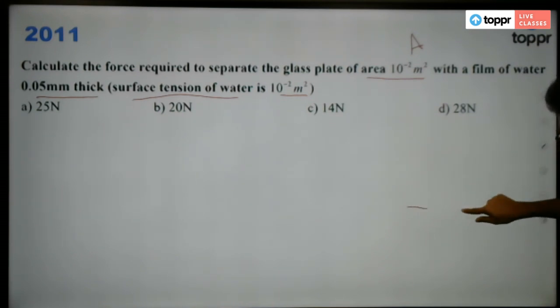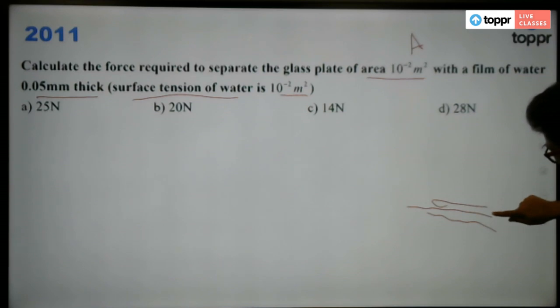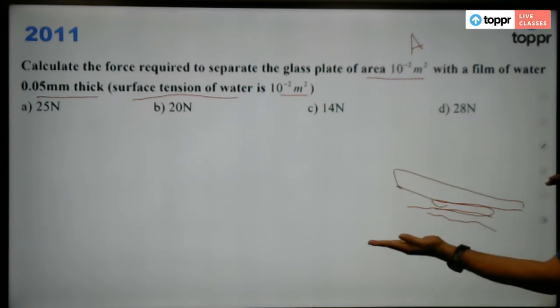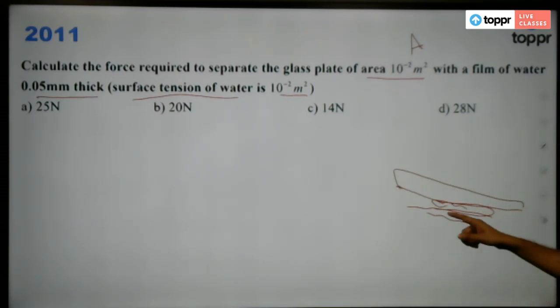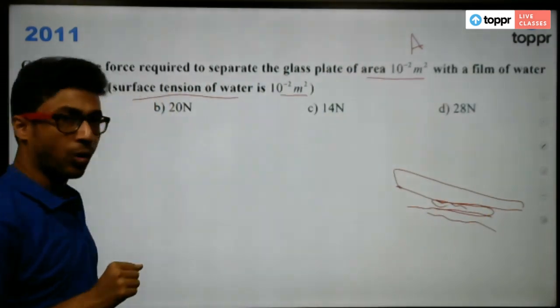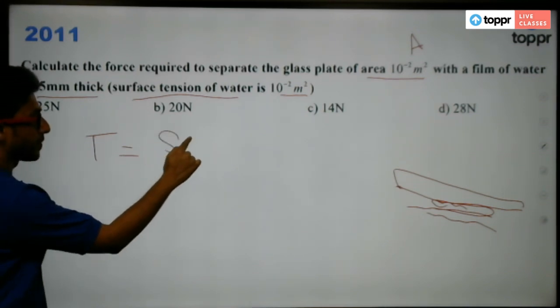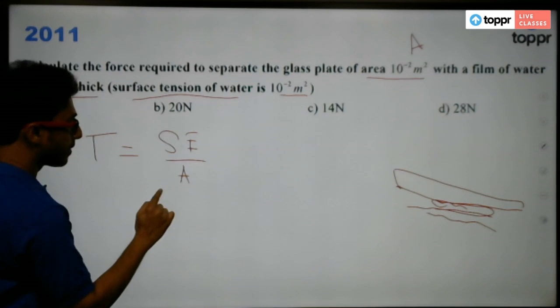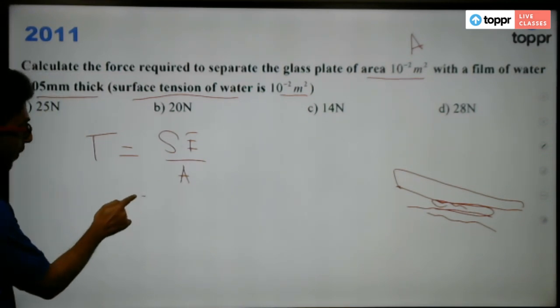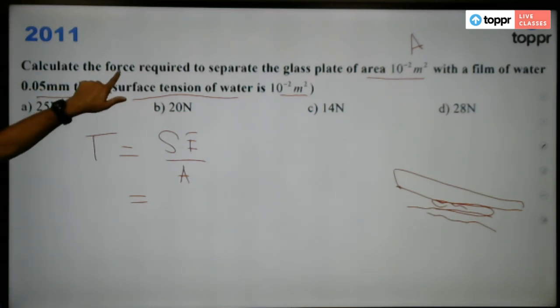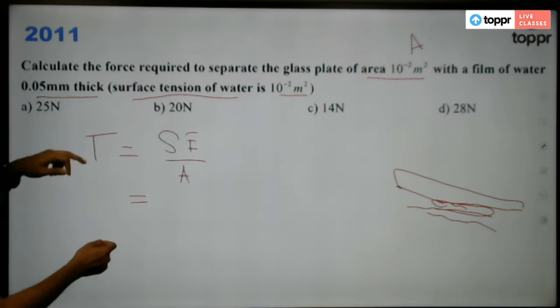Means you can think there is a ground, right? There is a film of water and there's a glass plate above it. So you have to draw it and you have to remove this. It's nothing but the surface tension. Now the surface tension is pulling this glass plate towards itself, right? Now, what is the formula of surface tension? Surface tension, you know, is nothing but surface energy divided by the cross-section area. Now, how will you find out the surface energy here? Surface energy is nothing but the force, which is unknown, into